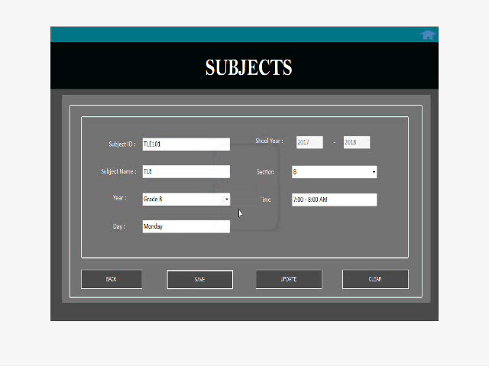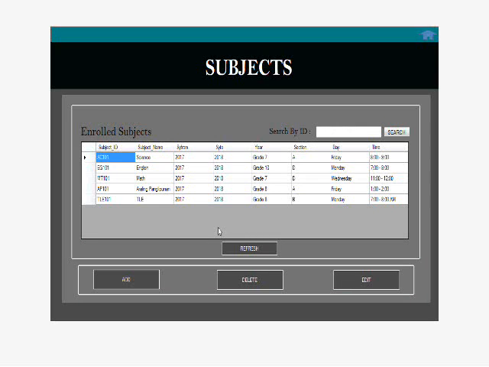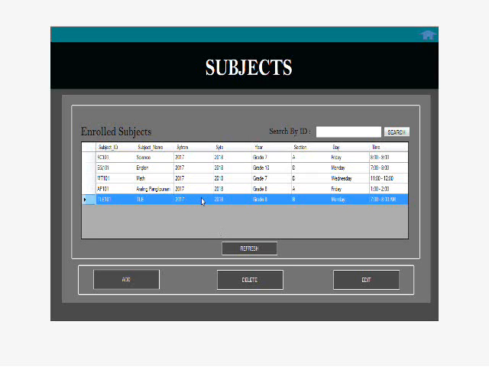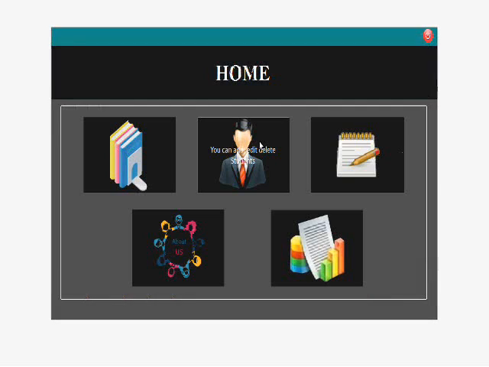Then you have to click the back button. And as you can see, we have already created our subject. Now we can go back to our home. Just click this house-like button in the upper right. There, we are in our home.